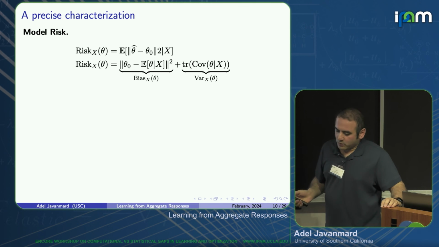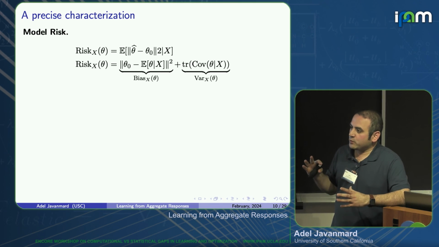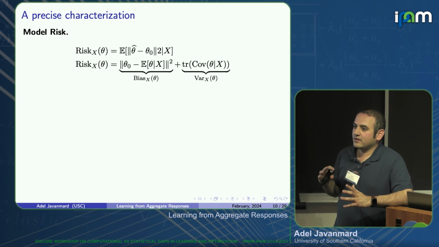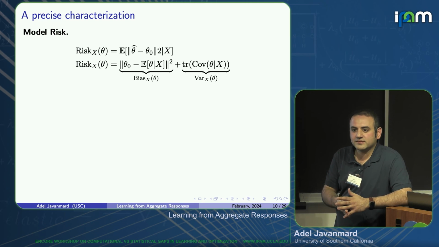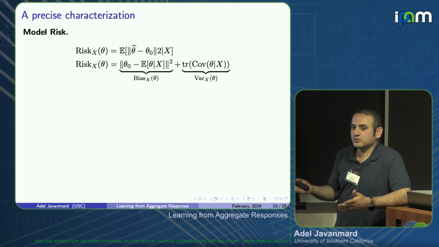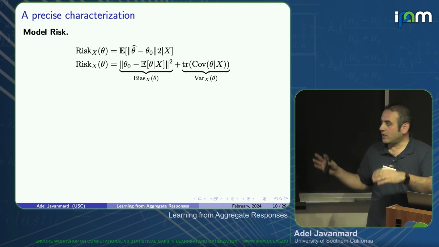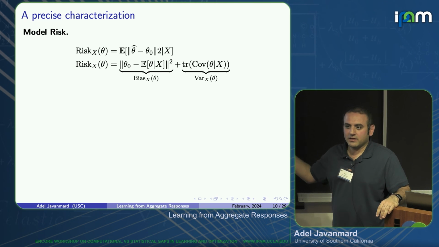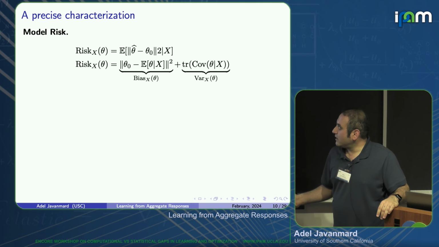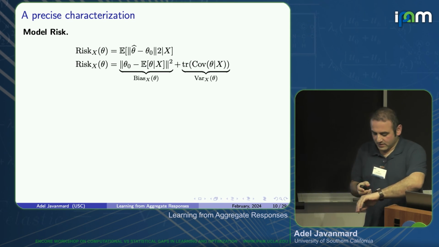Okay, so what I want to do is to understand what would be the model risk, and then what are the dependence on the size of the bag, the over-parameterization that you have, on the signal-to-noise ratio in the model, like how strong your model is compared to the noise. So I want to capture those effects in the risk that I have, and then see what are the trade-offs I get. Okay? So conditioning on the feature vectors x, this is like the model risk that I have, and then I decompose that to the bias and variance term.